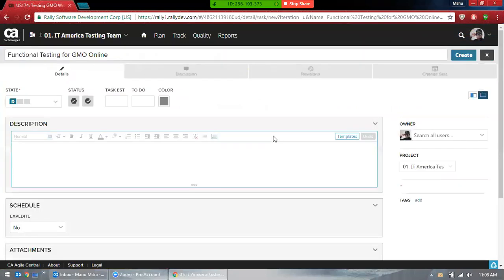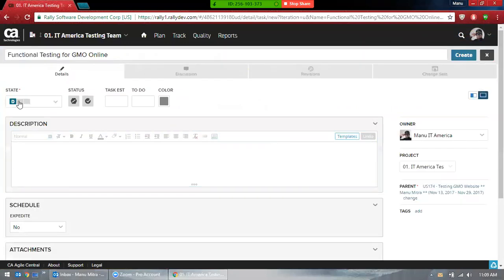Now here you can change it. And obviously you don't want to delete something here. I'm just putting my name here so that I know who has written it. And obviously you don't want to delete something assigned by your boss, then you'll be really in trouble. Let's just put 10 hours.